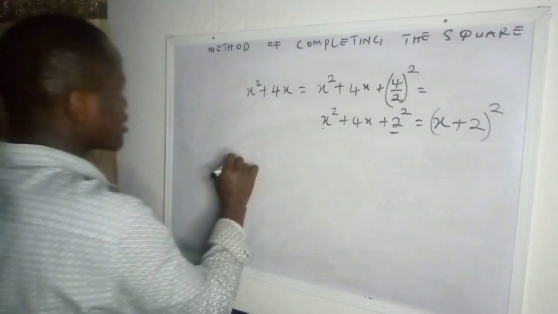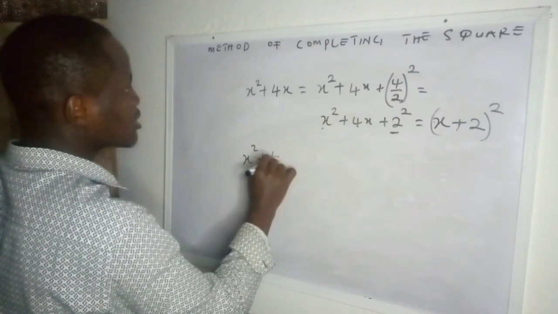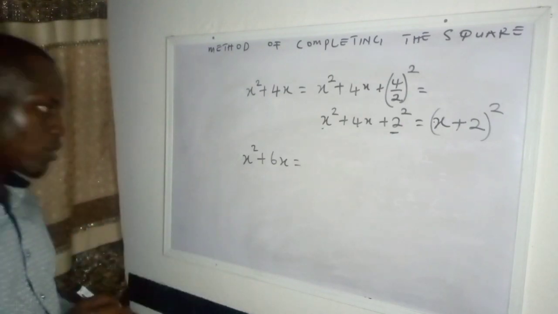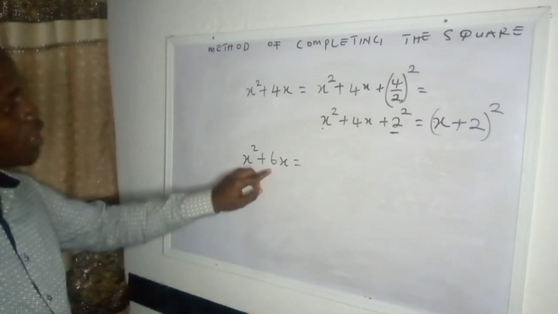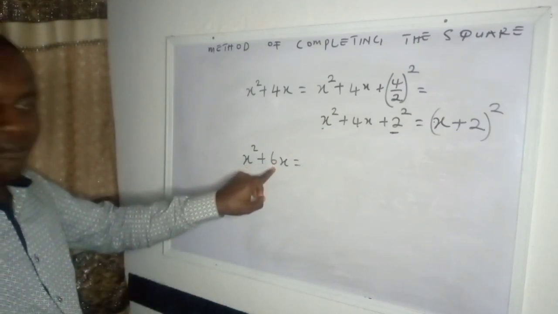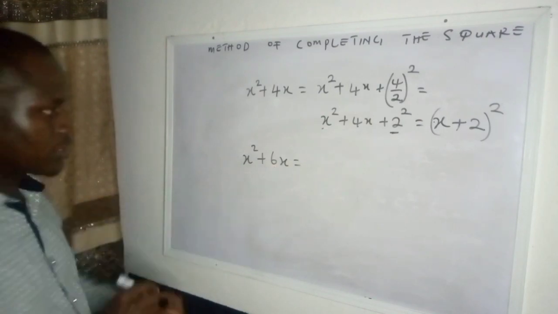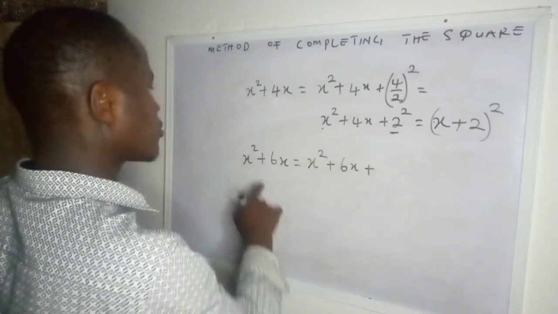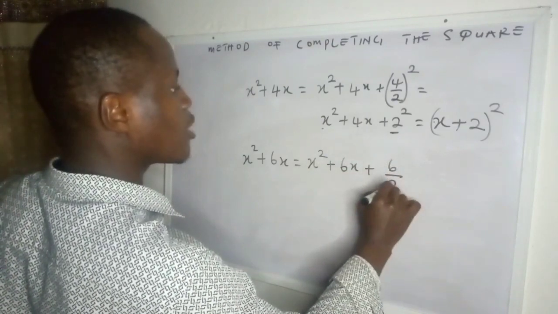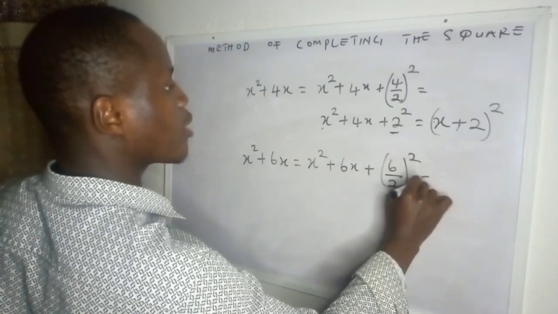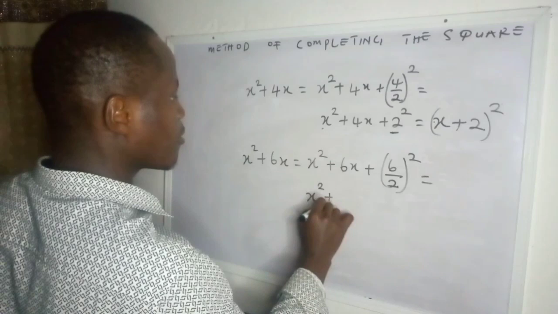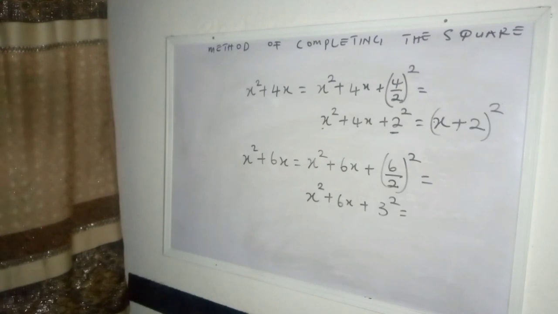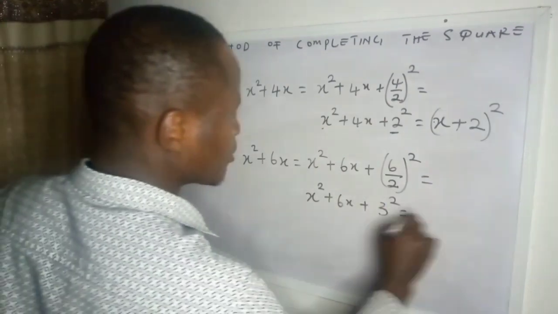Okay, another example, let's say I have x squared plus 6x. To write this in perfect square form, I'm going to add a constant. The constant will be half the square of this coefficient. So I'm going to have x squared plus 6x plus (6 over 2) all squared, which gives me x squared plus 6x plus 3 squared. So now in perfect square form, this is simply